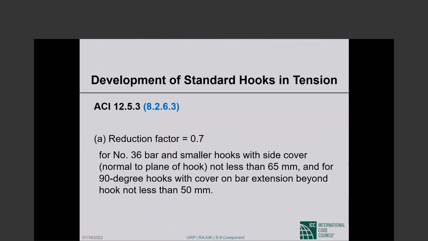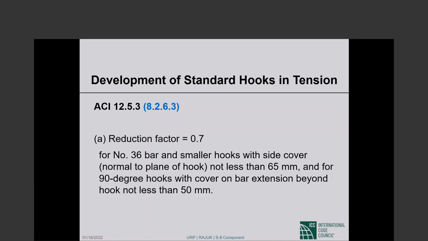This part gets a little bit complicated, and please follow me very, very closely. There are some pictures after a few slides that I may go to and come back. So there can be a reduction factor of 0.7 on hooked bar development length. If you have number 36 bar and smaller hooks, so the hooked bars on number 36 are smaller in diameter